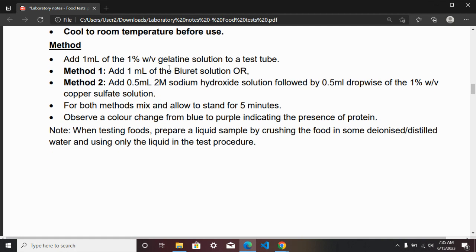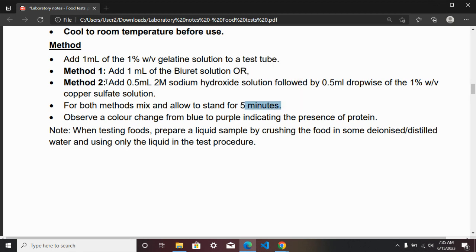Then add the gelatin solution that you've made in a test tube. After adding that, add 1 milliliter of Biuret solution, or add 0.5 milliliter of 2 M sodium hydroxide solution, followed by 0.5 milliliter dropwise of 1% copper sulfate solution. So you have to choose whether you add Biuret solution or sodium hydroxide followed by copper sulfate solution. For both methods, mix and allow to stand for 5